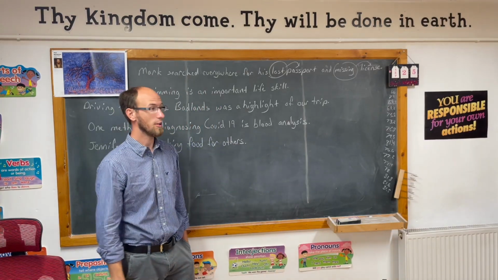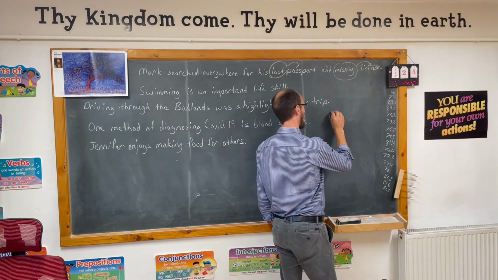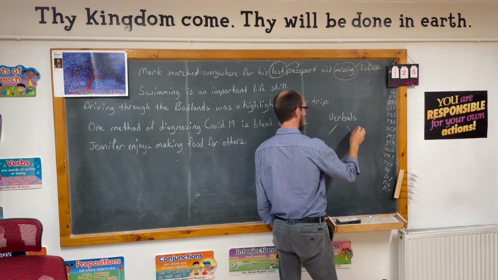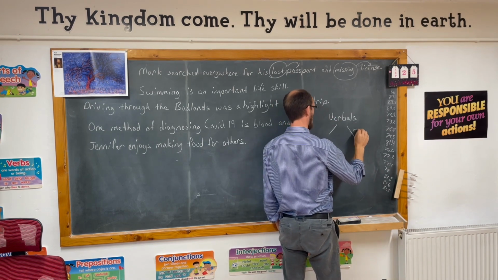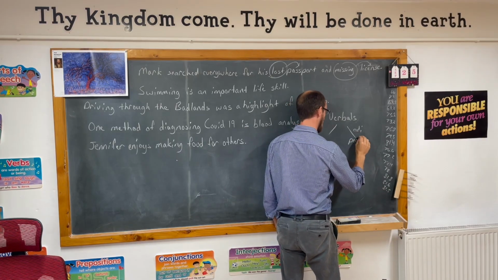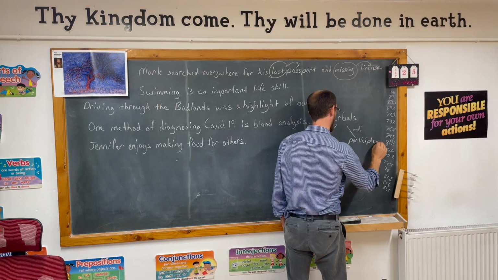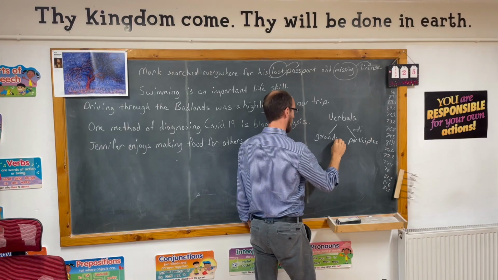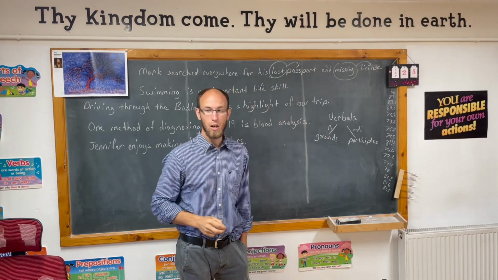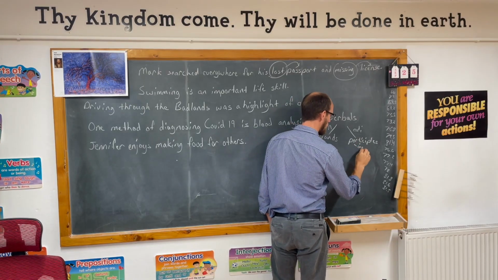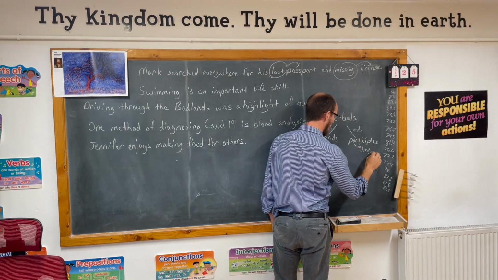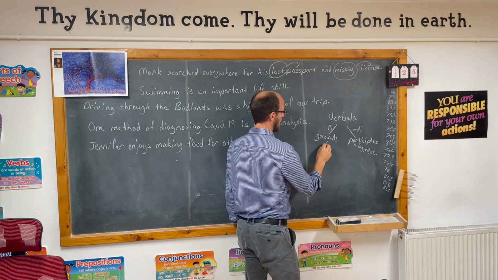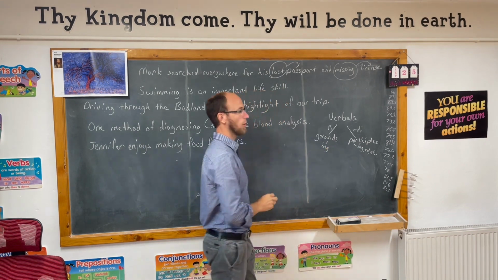Well, maybe my next favorite, because infinitives are maybe my favorite. But verbals have a family, and we're going to say that these work as adjectives, and those are participles. And over here are gerunds. These work as nouns in a sentence. Participles, remember, they end in ing, ed, en, etc. Gerunds always and only end in ing, but they're working as nouns.